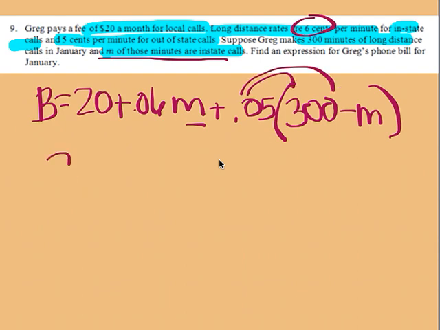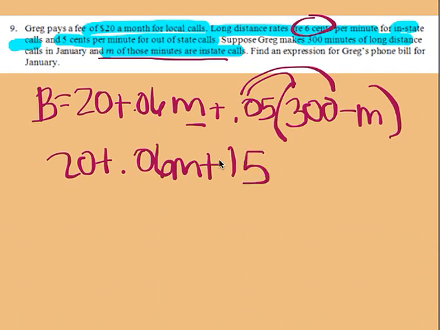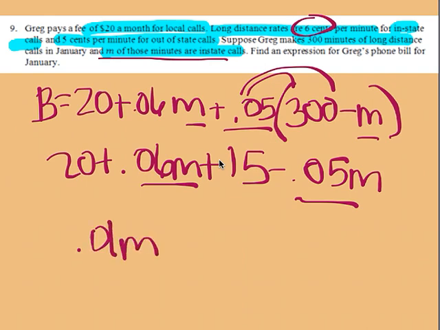So I need to start by distributing in that 0.05. I'm going to have plus 0.06m here. 0.05 times 300 is going to give me 15. 0.05 times the negative m is going to be negative 0.05m. So now I need to combine those two. 0.06 minus 0.05 is going to give me 0.01m for my bill. Then I need to do 20 plus 15, which is going to give me